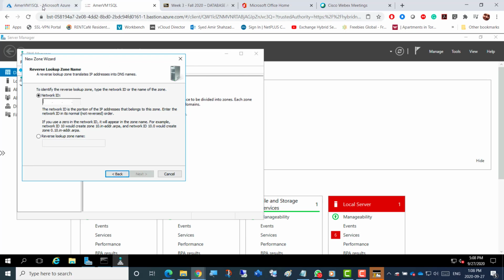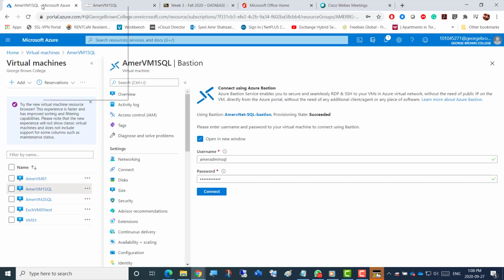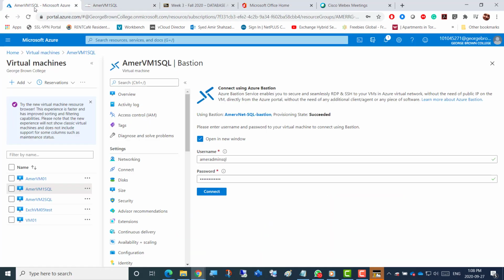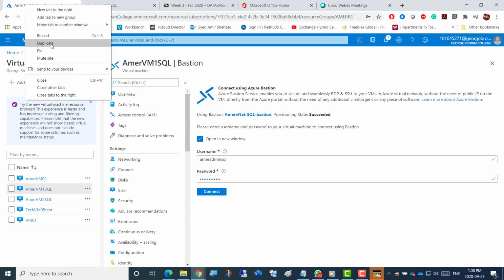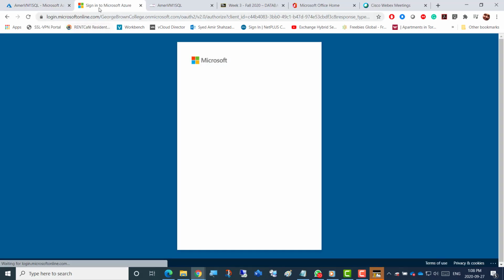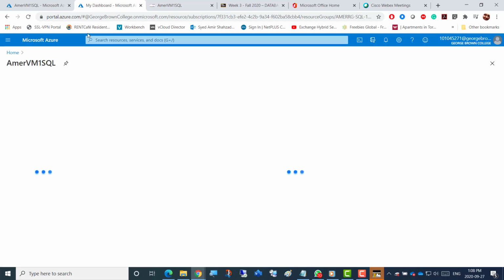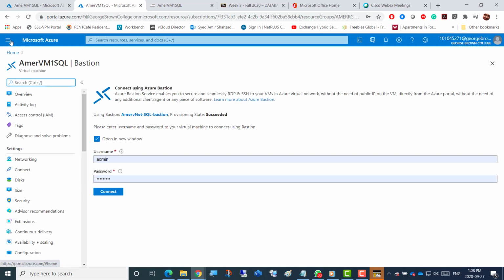So how would we know what IP range we have? So we can go to this first tab. We can just right click here and duplicate. We want to go to the VNet, right? So I want to see that. So I'm just going to right click here, duplicate, and log into this again. So I just want to go to the portal menu. After I create a duplicate tab, I'll go to the portal menu,